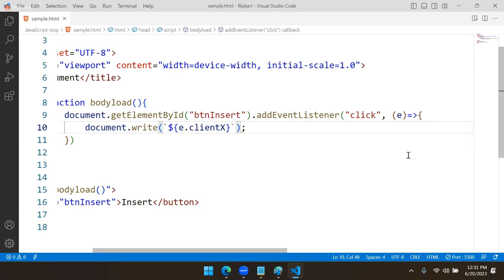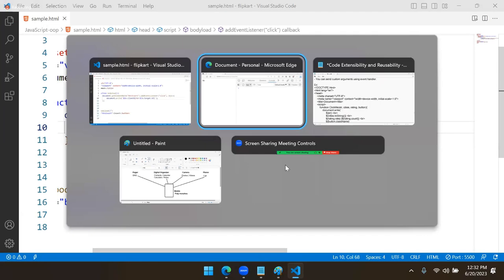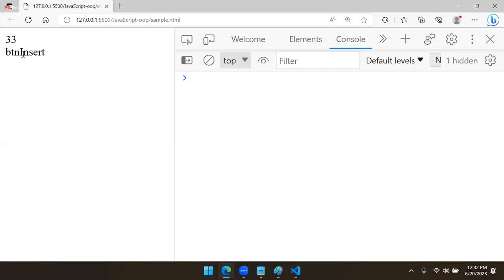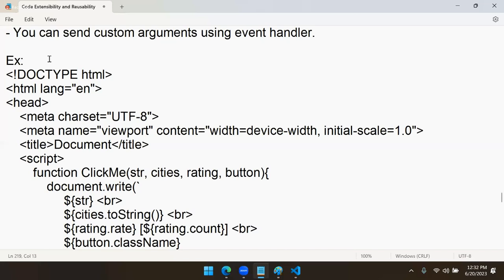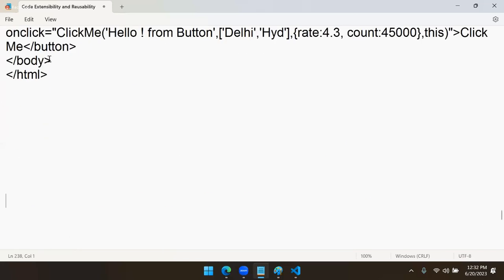This is not allowed. How do you access object related details? Actually, we have an option: e.target.id, which is going to get that ID. That means here one important point is, the event listener